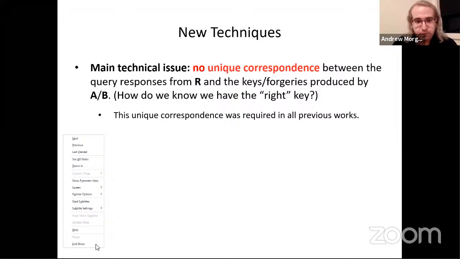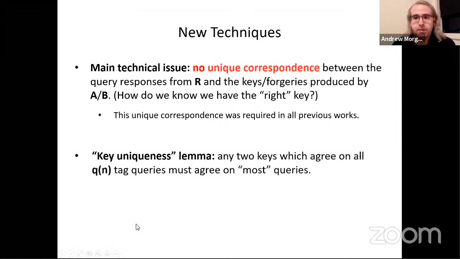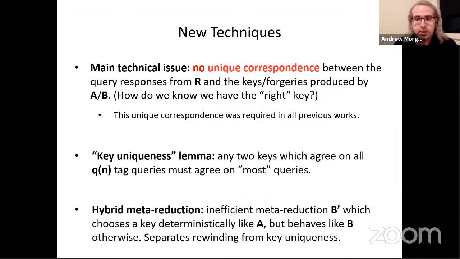First, we prove a key uniqueness lemma, which essentially states that given a random set of tagging queries, the probability of the event of there being multiple keys which agree on those queries but might produce different forgeries from the adversary is relatively small. And second, to deal with complex rewinding related issues, we actually introduce a hybrid inefficient meta-reduction, which